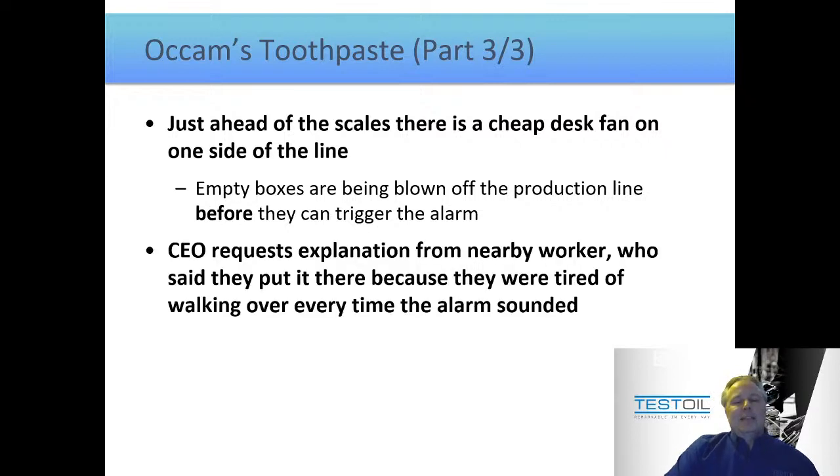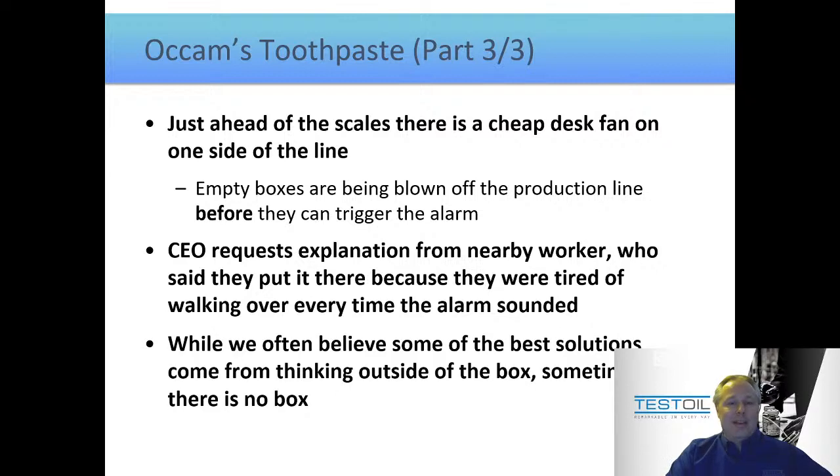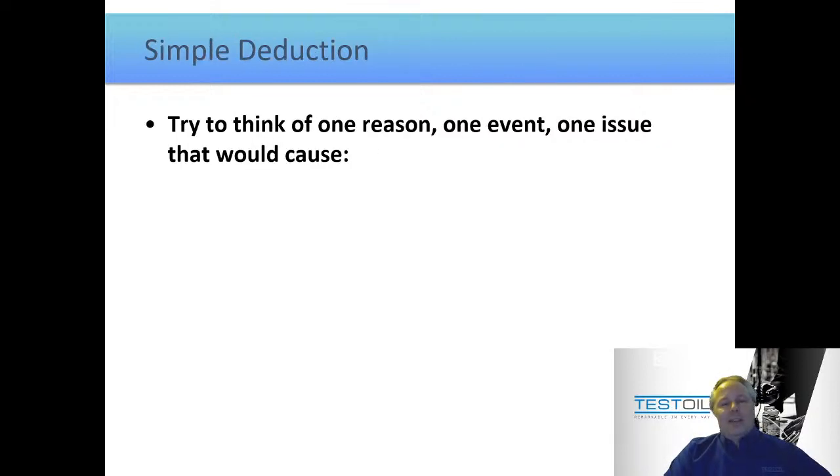So he asks an employee, hey, what's this fan doing here? And the employee says, well, you know what? I just got sick and tired of having to restart the line and go remove a box and all these other things. So sometimes the simplest solution is deadly obvious. But the other thing is, sometimes there is no box. But anyway, to return to our example,